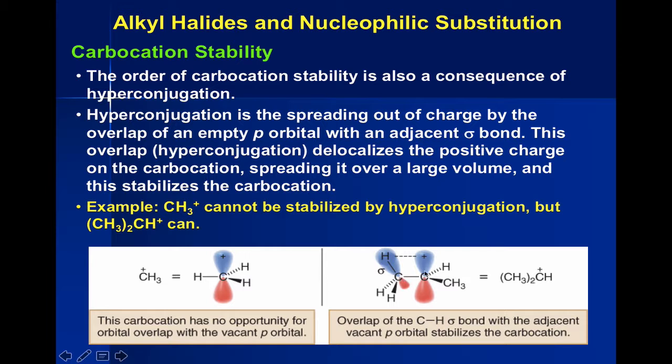However, if you look at, in this case, a secondary carbocation, because we've got two alkyl groups attached to it, you can see that these carbon-hydrogen bonds, being sp3 hybridized, kind of look like lopsided p orbitals in a way, and they can actually donate some of their electrons into the carbocation and help stabilize it through this process that we call hyperconjugation. It is not a resonance stabilized structure. It is truly a through space